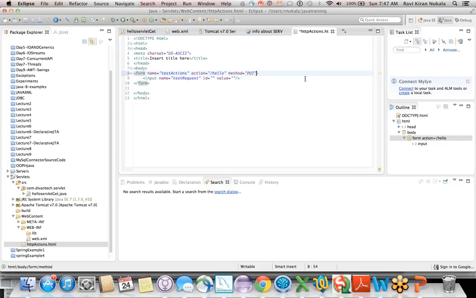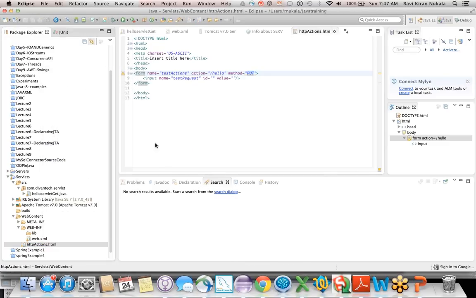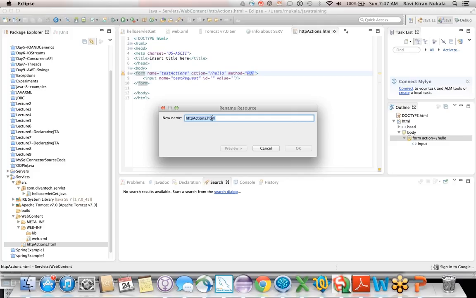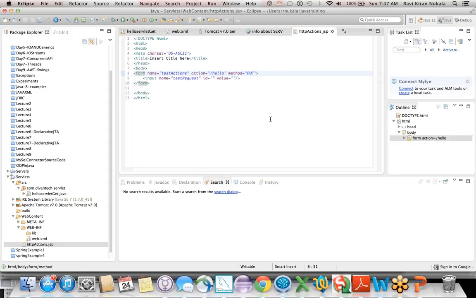Otherwise, we have to invoke it through JavaScript or something like that. Or I have to create a JSP probably. Let me see if I put it as JSP, it will be fine. Yeah, then it will not complain. Okay,